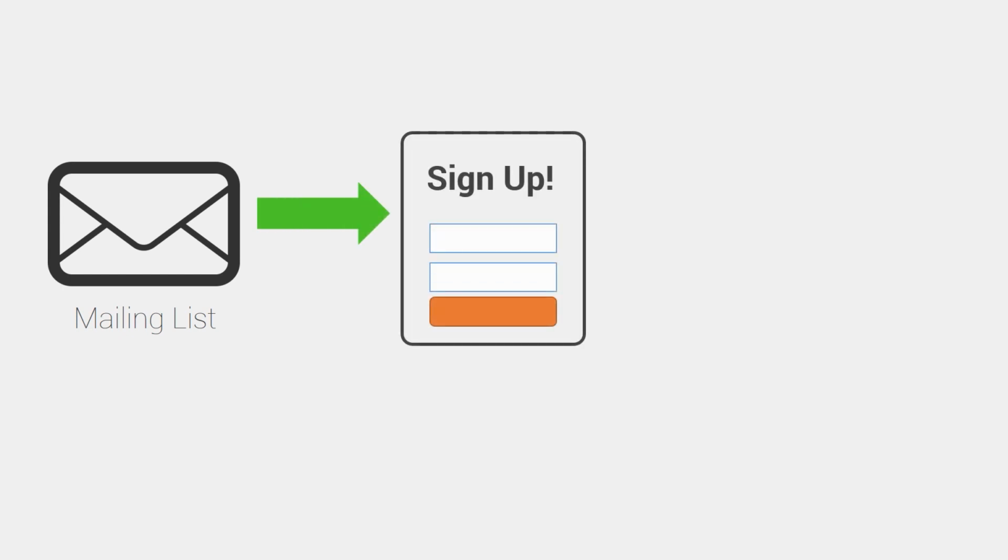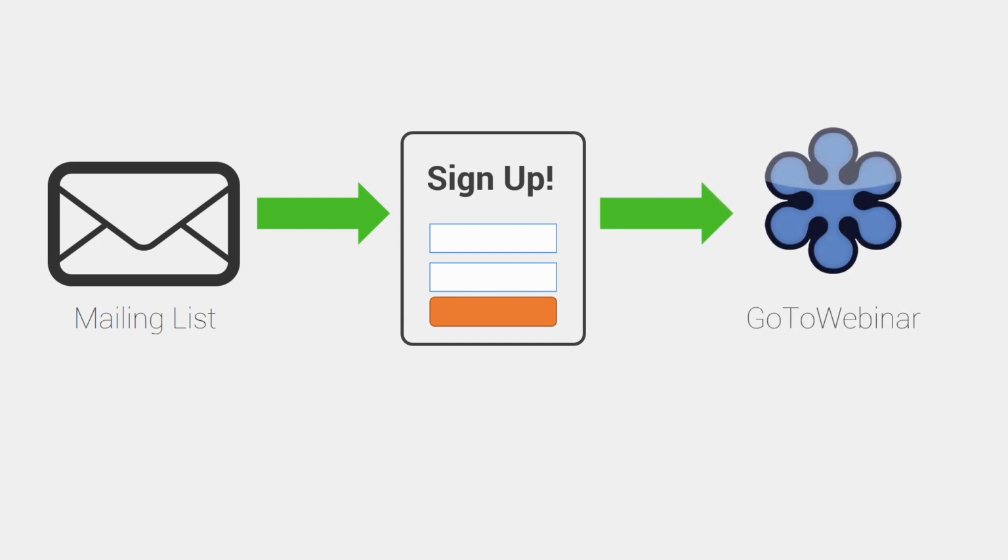You have a mailing list with subscribers and you would send them a link. You would send them an email with a link that goes to a webinar sign up page. And on this page, they enter their name and their email address, maybe some other things, and that signs them up to a webinar event that may be taking place on GoToWebinar. This is the typical process and it works, but on closer inspection, you can see that on this page, we're